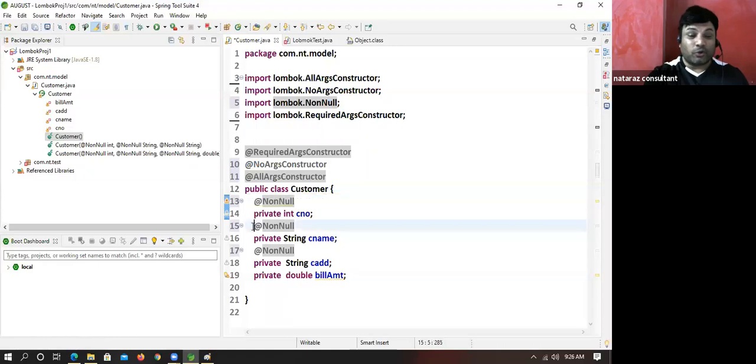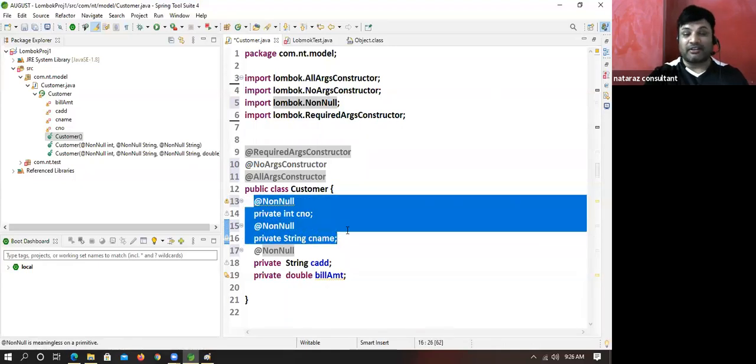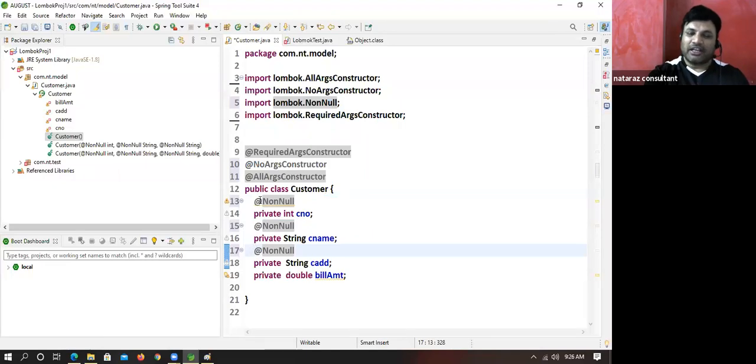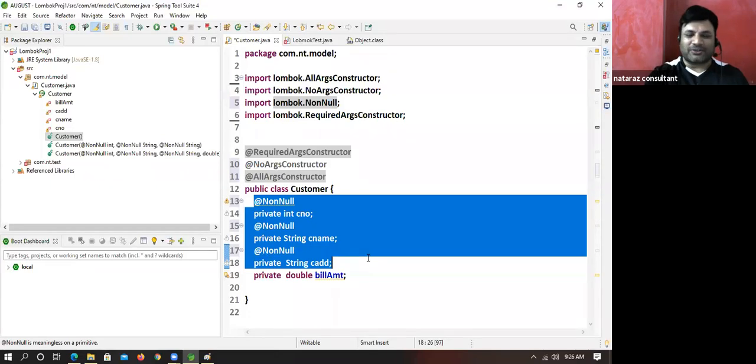What about two params? Again, you have to write it on two properties. When you write it on two properties, it will not give the one-param constructor. It will go for two params. When you place it on three properties, it will not give the one and two-param constructors. It will go for three params. So there is no question of having our choice of overloading. Customized overloading is not possible. I hope you got the clarity now.